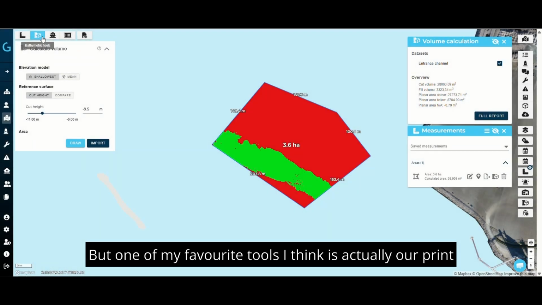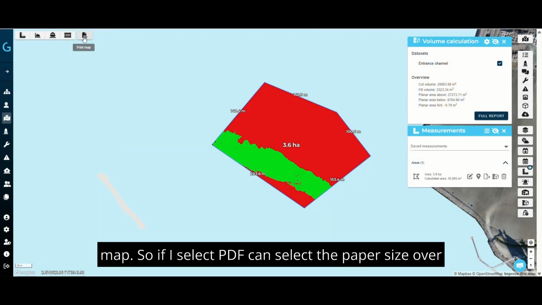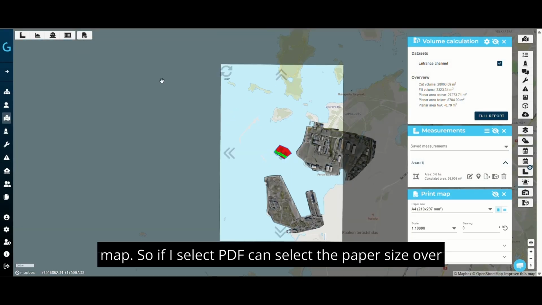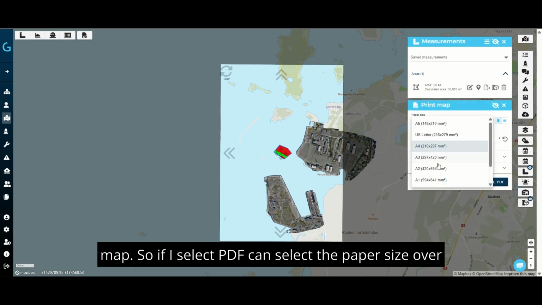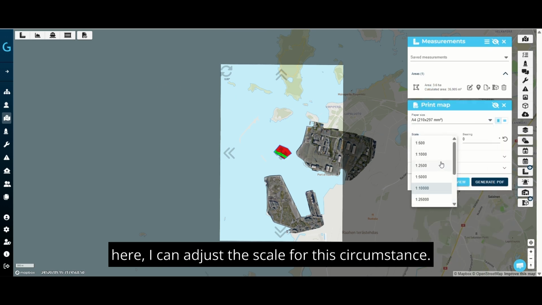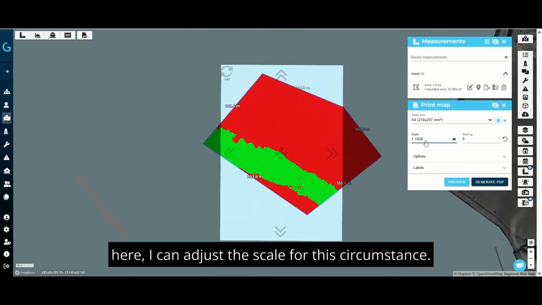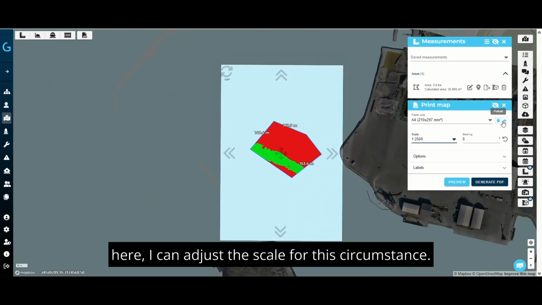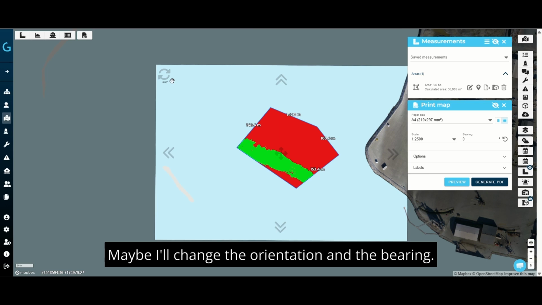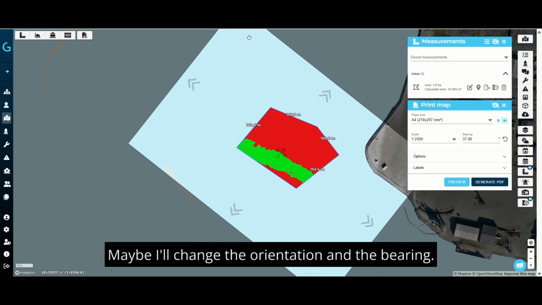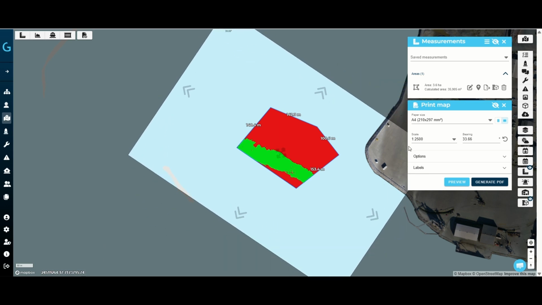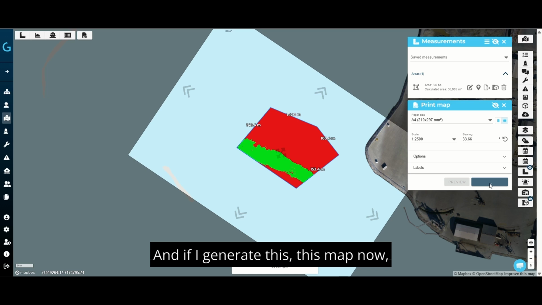But one of my favorite tools, I think, is actually our print map. So if I select PDF, I can select the paper size over here. I can adjust the scale. For this circumstance, maybe I'll change the orientation and the bearing. And if I generate this map now,